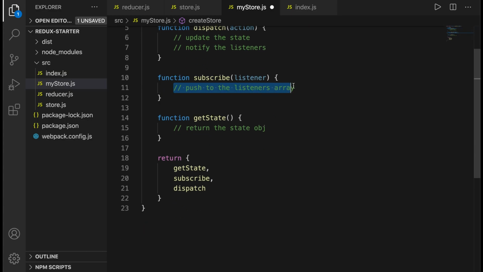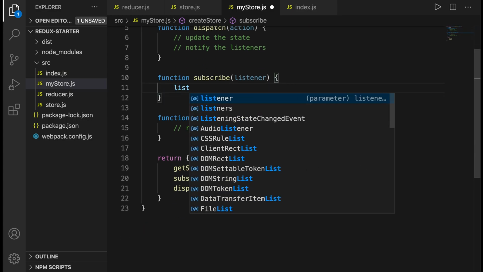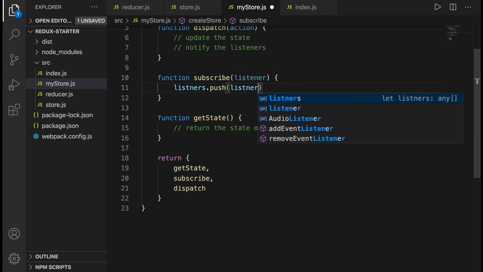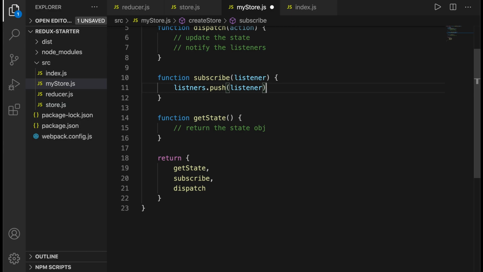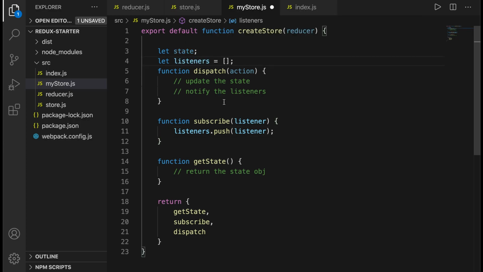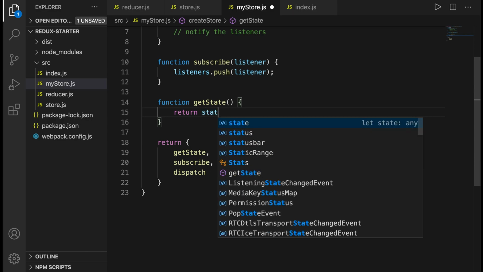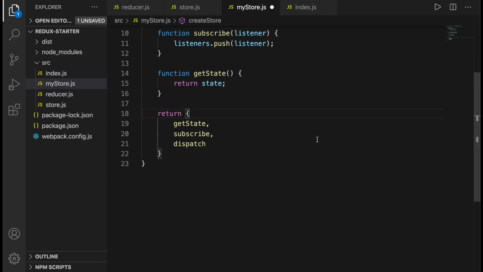So now let us move on to the subscribe method, and we'll simply push the listener to the listeners array here, and we are pretty much done with the subscribe method. Next, let us move on to the getState method, and here we just need to return the state object, and we're also done with the getState method.